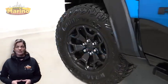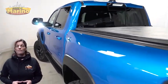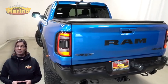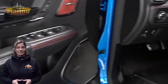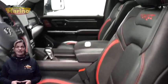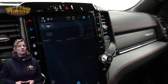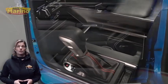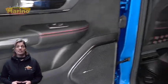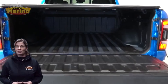With HID headlamps, LED fog lamps, 18-inch aluminum wheels, power heated mirrors, lane keep assist, LED tail lamps, tow package, heated and ventilated front seats, heated steering wheel, 24,000 miles on the odometer, 12-inch touchscreen, navigation, rear backup camera, dual zone temperature control, heated and ventilated rear seating, dual pane panoramic sunroof, power tailgate release, 6.2-liter supercharged V8 HEMI engine,